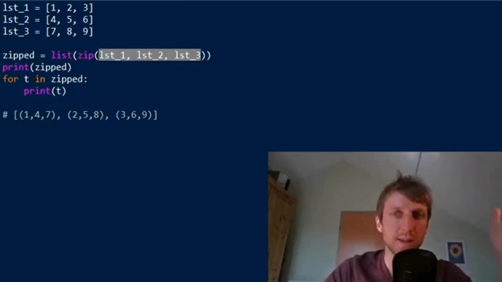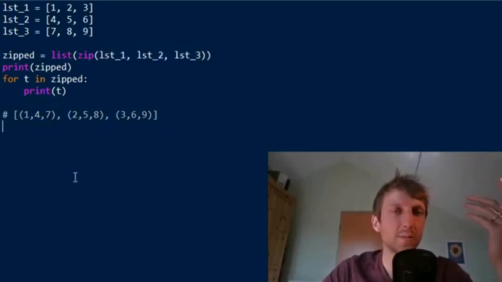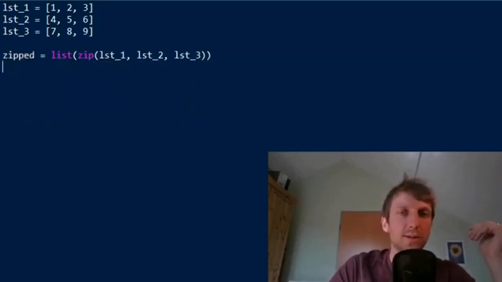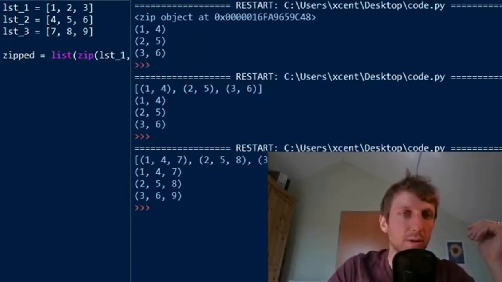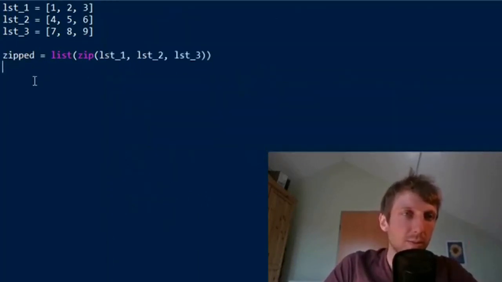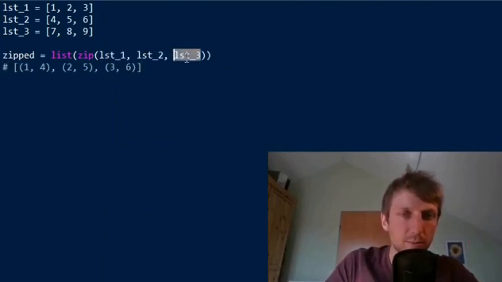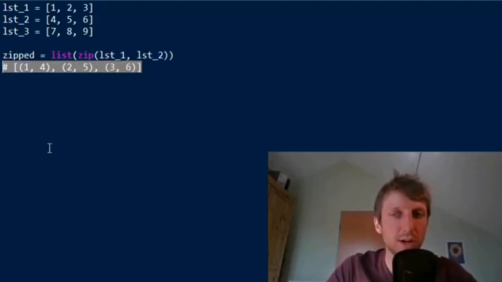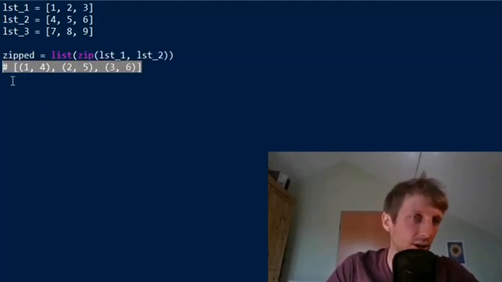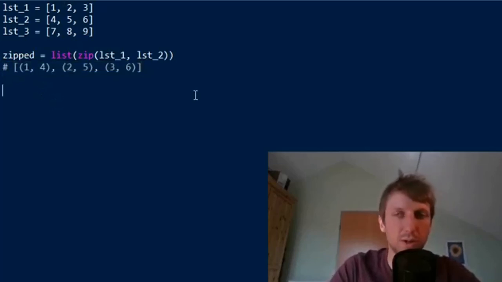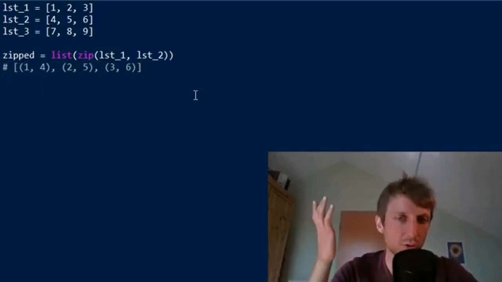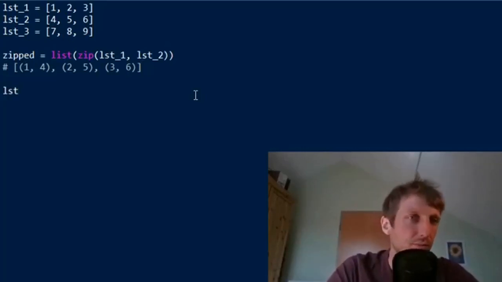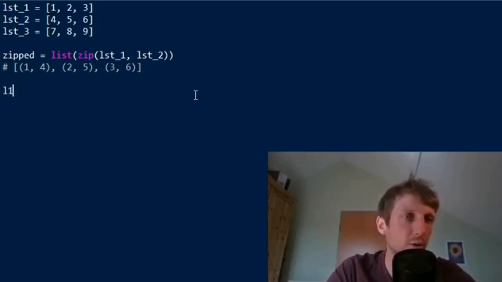But now the next. So what if you want to unzip something? So given this zipped object, let's store it maybe in a. So let's go back to the example with 2 lists. We remove 1 list here, and this is the result of our zipped object. So how can we basically unzip this? How can we get the 2 lists again from a zipped object? So doing the reverse or inverse operation, and you can do this basically by, let's call it L1 and L2,